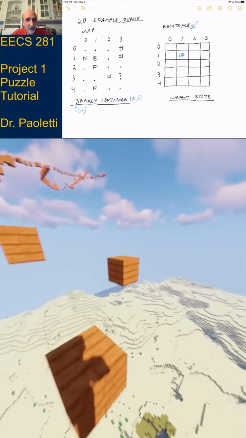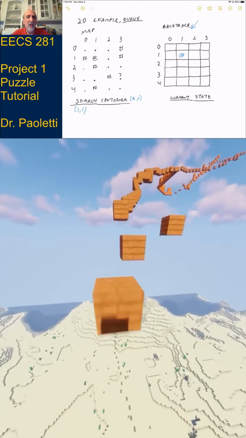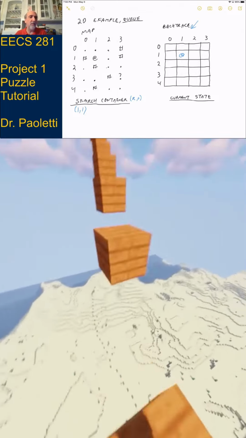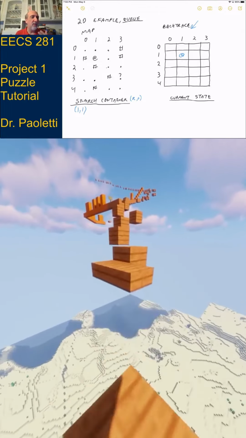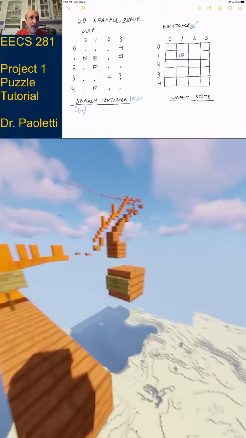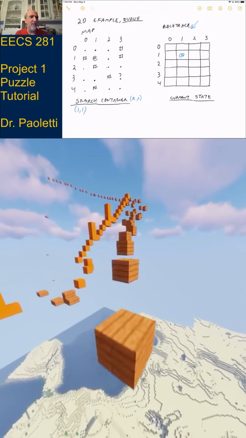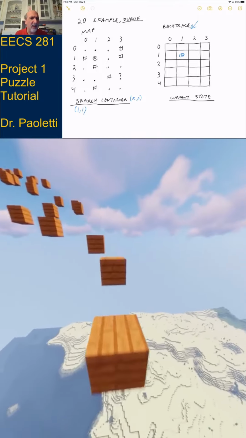We do not, in 281, want to keep things like lists. I don't want to say, ooh, I've got an empty list of what's discovered, and I'll add 1, 1 to that list. The problem with having a list of what's discovered is later on, I have to say, well, have I discovered row 3, column 2 yet?